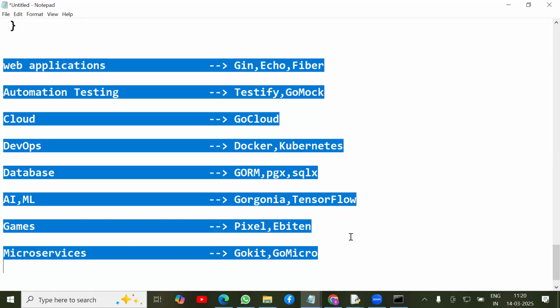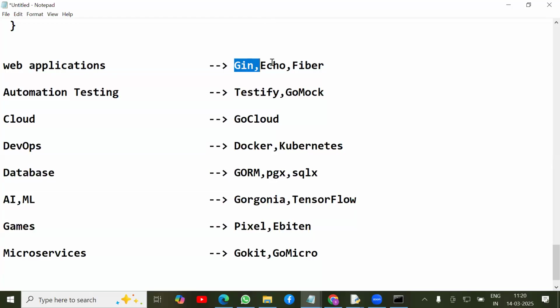Suppose I'm working as a backend developer. As a backend developer, you need to build web applications, so any one framework is required. And also we have to know microservices concepts, right? Microservices also are required. For Docker and Kubernetes, it is required for DevOps people. As a backend developer,